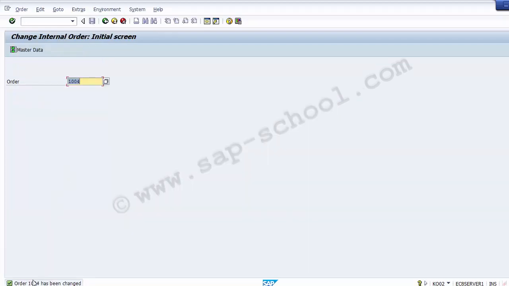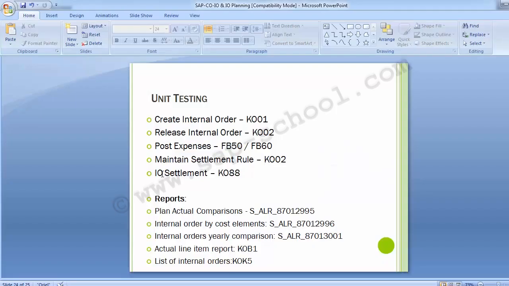So once saved, you can see the message order has been changed. That means the internal order has been maintained. Now moving to the next transaction, which is IO settlement, that is internal order settlement. Transaction is